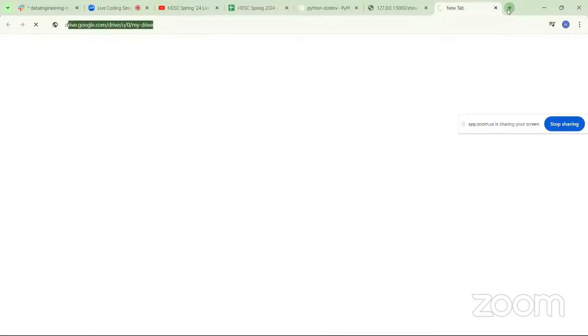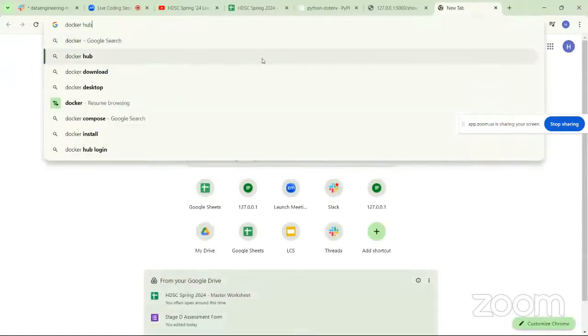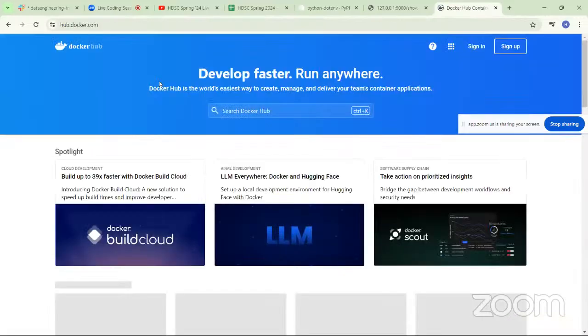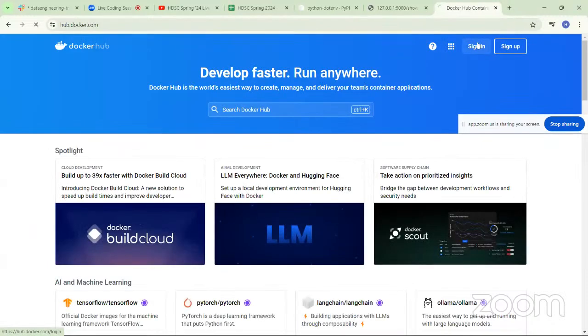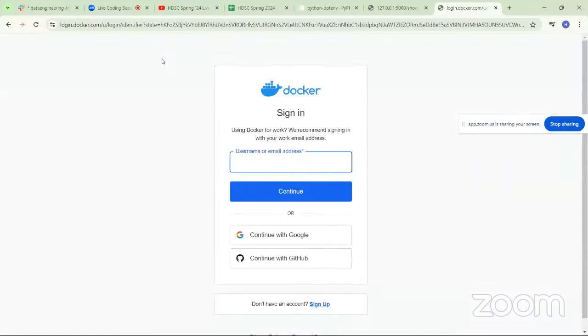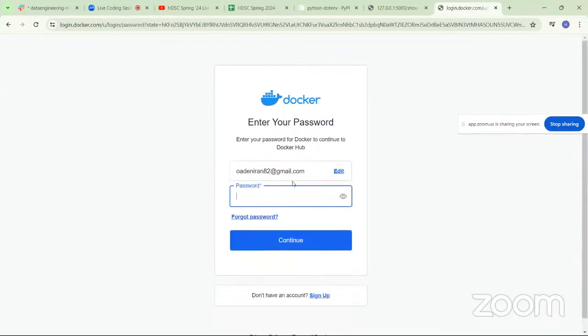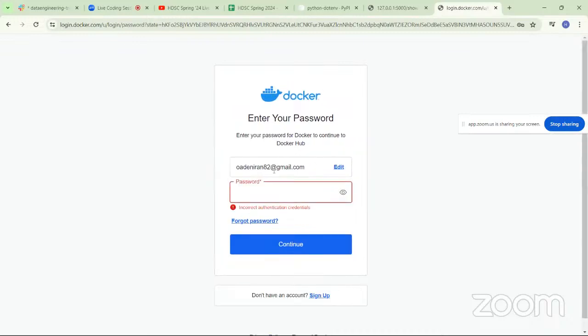But before we do that, I want you to see something called Docker Hub. Docker Hub is just like GitHub. GitHub is for code repositories, Docker Hub is for Docker images. That's basically what Docker Hub is for. Docker Hub is a platform where different users can add different images that they have created locally. Just like what we use GitHub for, that is what Docker Hub is used for, but instead of pushing code or files, what we push on Docker Hub is Docker images